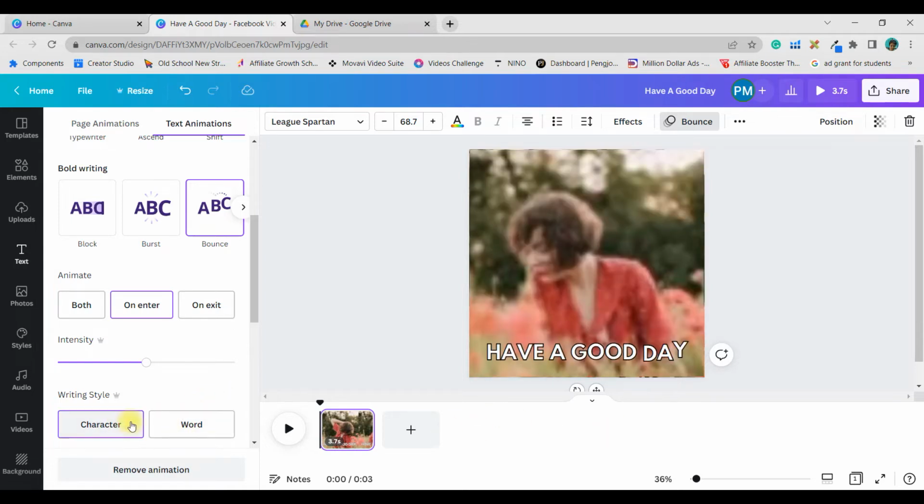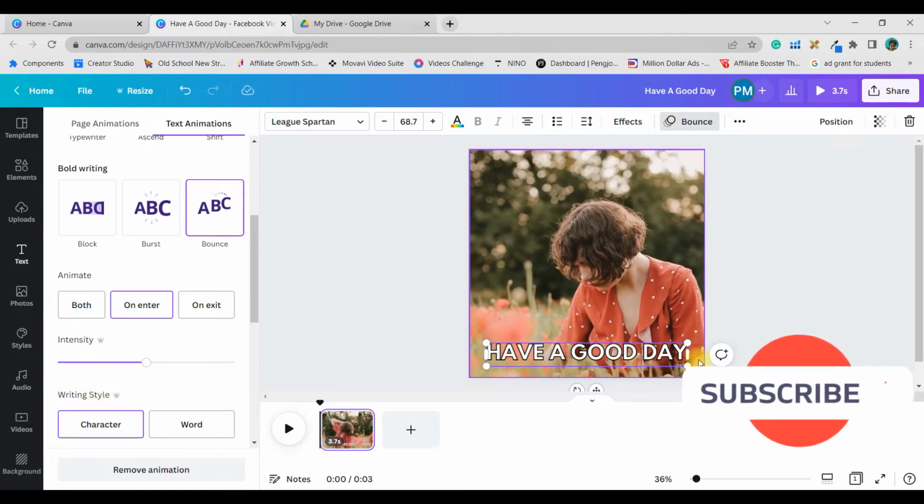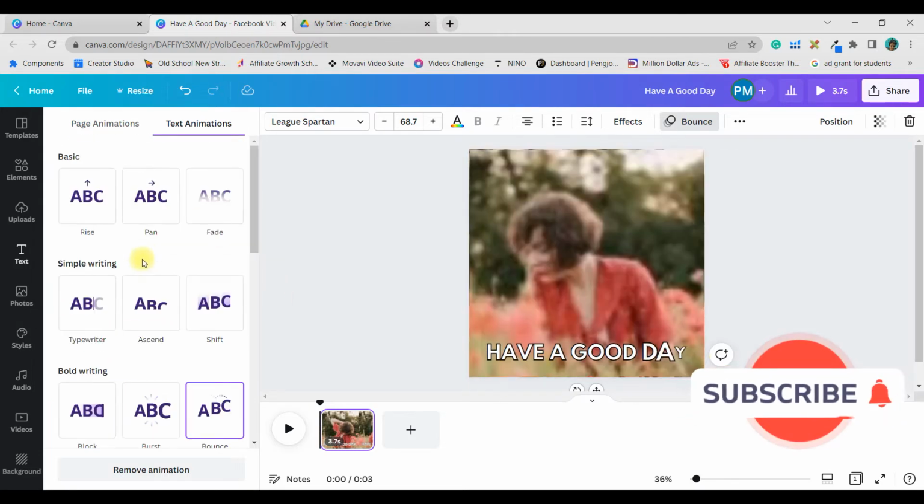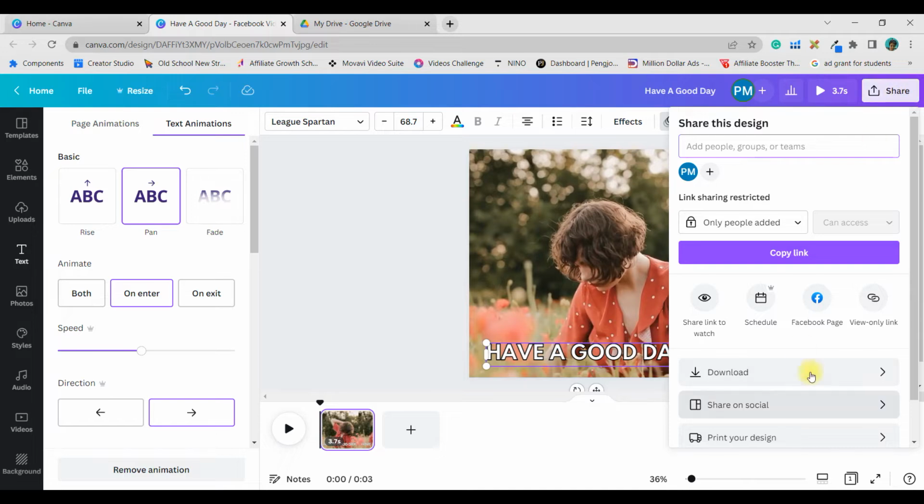In bounce animation you can go for character wise, you can go for word wise. I prefer character wise, but this is also a pro option, so I'm not going to use this. I'm going to use something really simple, which is free. So this is an absolutely free option, the pan option. I'm going to go with it. And then once this effect is good enough, you can simply come here to the share option, go to